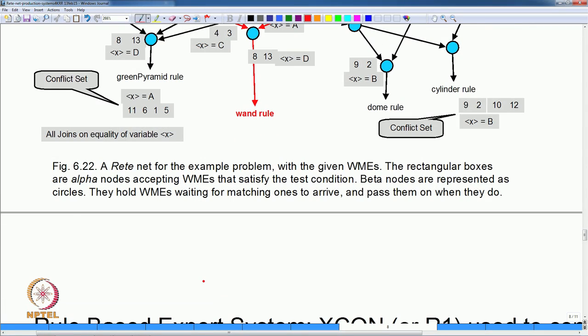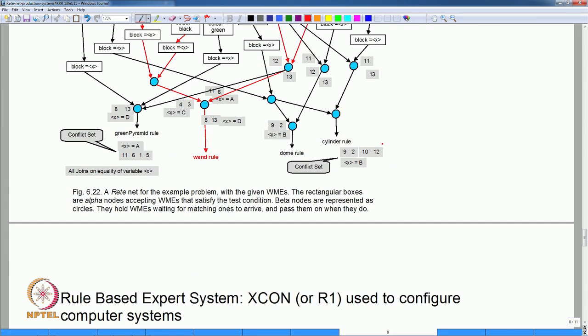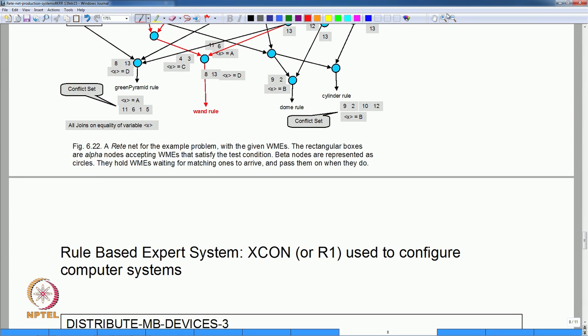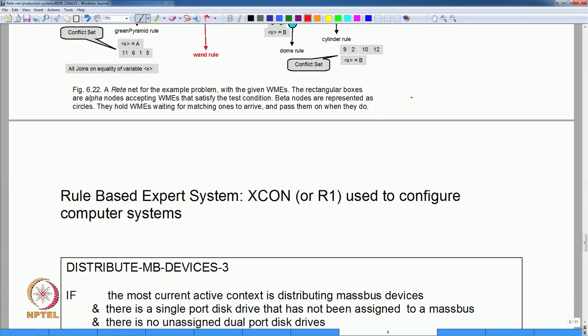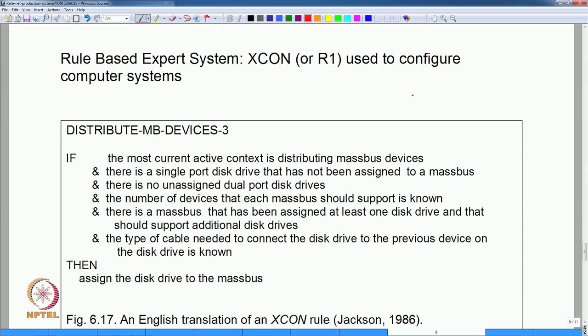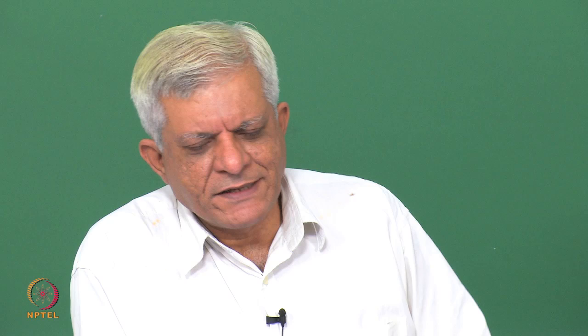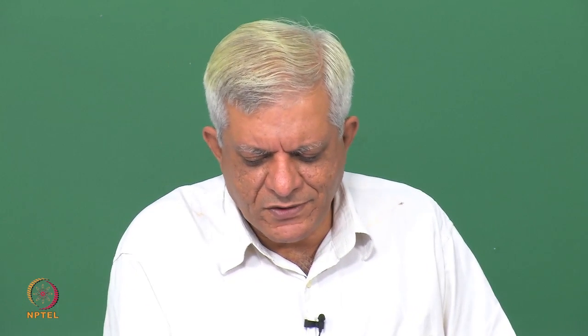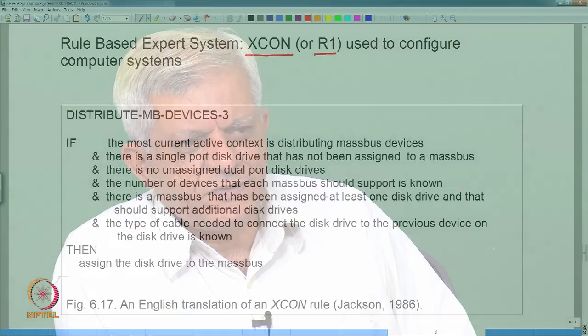Now, as I said, rule based systems have been used extensively in what we sometimes call, or used to call in the 80s, expert systems. Now, we just call them computer systems. So, one of the first such so called expert systems was a system called XCON, also called R1, and it was a system which was used to configure